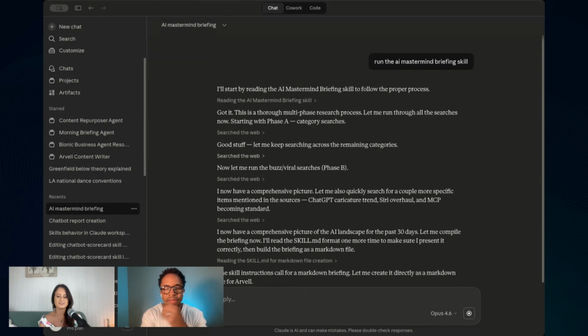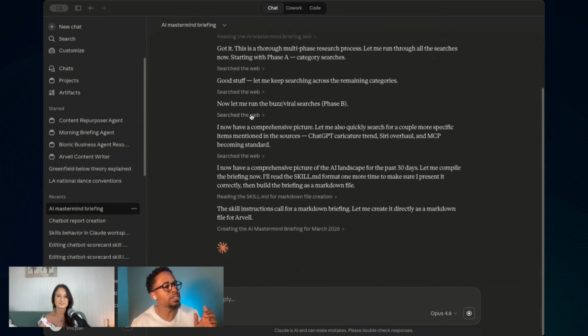I think my thing is done, but it's still running, creating the mastermind briefing for March 2026. I mentioned earlier that it's kind of slow. You can call that a con, and it's why you would put some of these skills or flows on a schedule where you can run them at night. So when you wake up in the morning, you've got all the work done for you. When you sit down at your computer, the agent was running while you slept and has things ready for whatever you're trying to tackle.